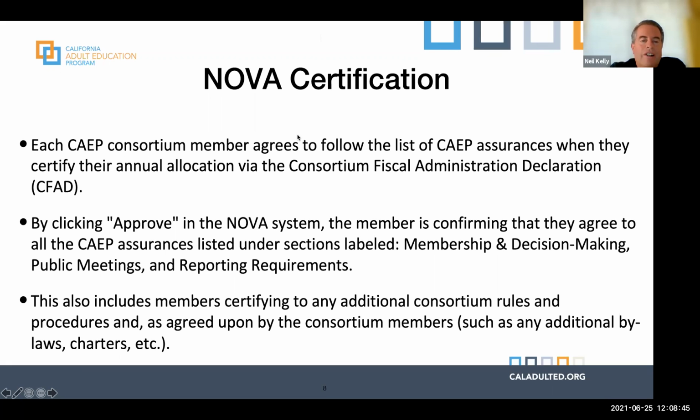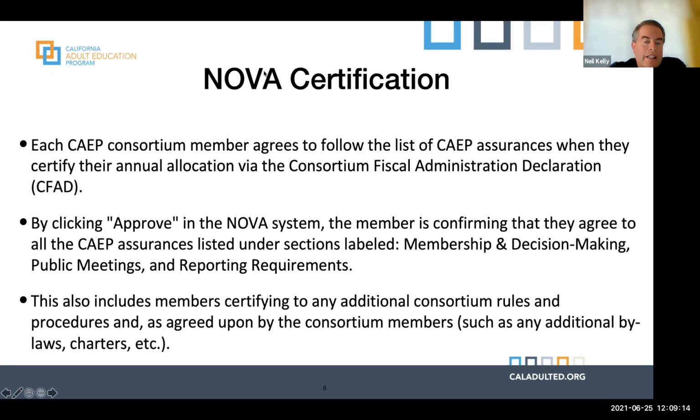When you click on approve in NOVA as part of that certification, you're confirming that you agree to all those assurances that Carolyn showed you under membership and decision-making, public meetings, and reporting requirements. So there's that audit trail. If a member isn't following that, we have that documentation that you did certify that, and it is in NOVA.